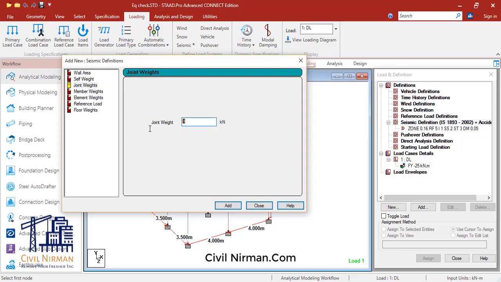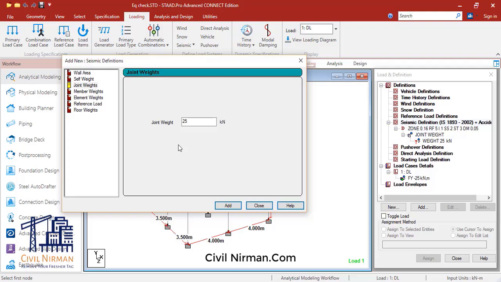So I'll go with the 25 kilonewton point load over here with the positive value. Now you can see the weight is included, right? Whatever load values you have incorporated in, let us say, your dead load and live load, all the load values will be implemented in your seismic definition in terms of dead load plus a percentage of live load, right? We need to incorporate, in case of the live load, we have the clause that if your live